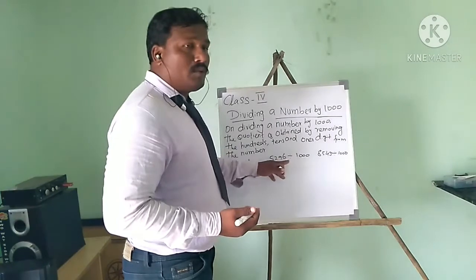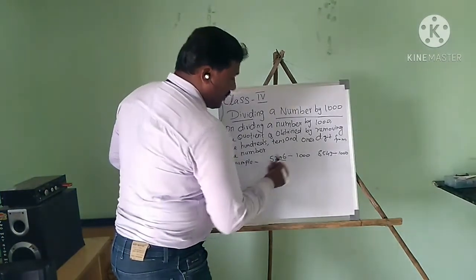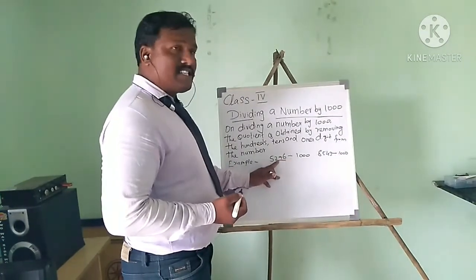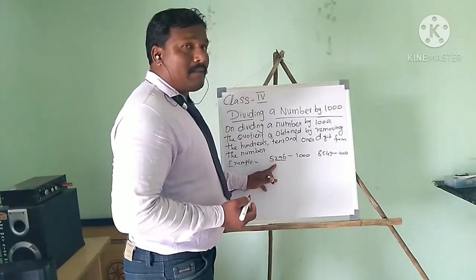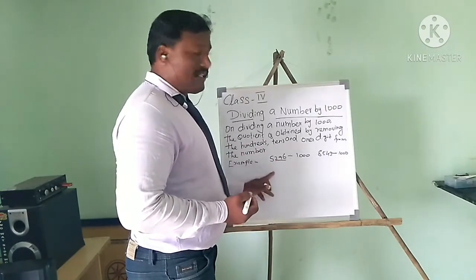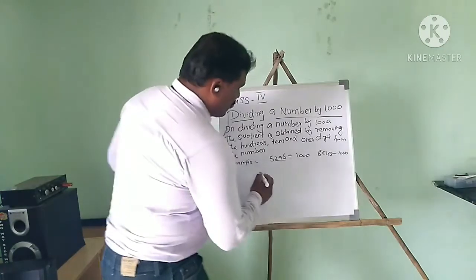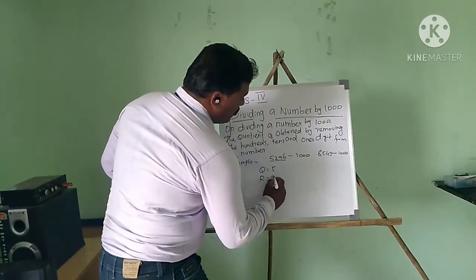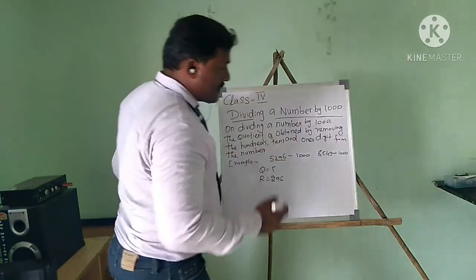As per the rule, you have to remove the last three digits. This is the ones place, this is the tens place, this is the hundreds place. So you have to remove these three digits as the remainder. The remaining one digit in this number, 5, is the quotient. So Q is equal to 5, R is equal to 296. Okay, done. Then the second one,